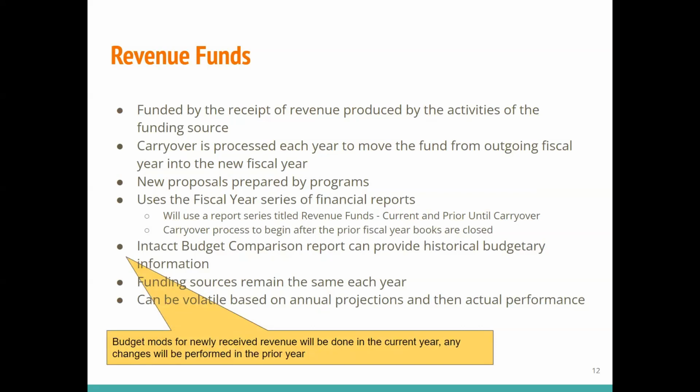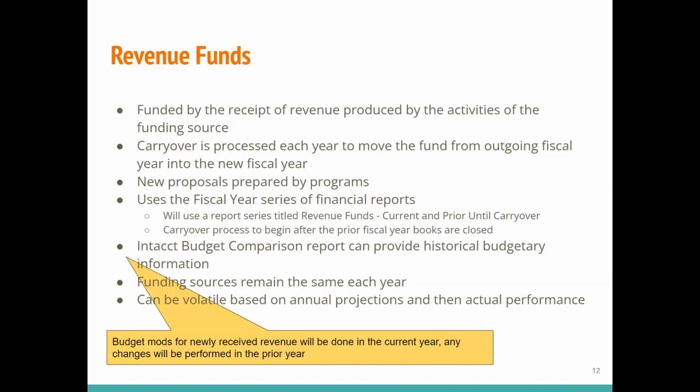Those are actions performed by the program monitor. So when that's completed, program would be notified. That's covered in a different training actually this afternoon. New proposals are prepared by programs. They use the fiscal series of reports until the year ends. So for example, the year is going to end this week. And so until the carryover is done when we close the books on fiscal year 21,